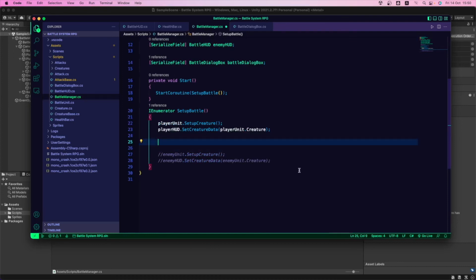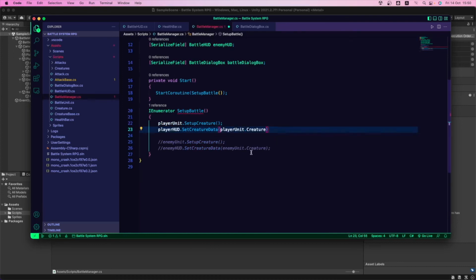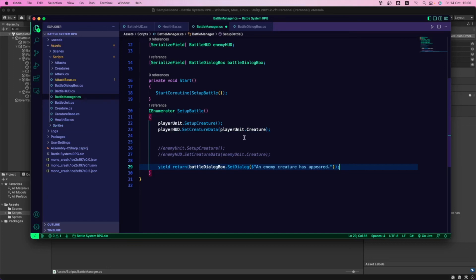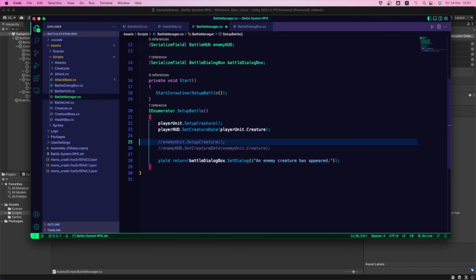Okay, this line, I'm gonna cut it, and I'm gonna move it after setting up the enemy creature, because this happens first and this happens after that. Because if this happened before this one, we're gonna get an error when we add the name of the creature, because we haven't set it up yet. Okay, so this has to happen first. Okay, so we're gonna uncomment these two lines, because this is going to happen now. We're not gonna get an error because we're gonna assign the health bar for the enemy. So we're gonna set this up in this order. We're gonna go and save this.